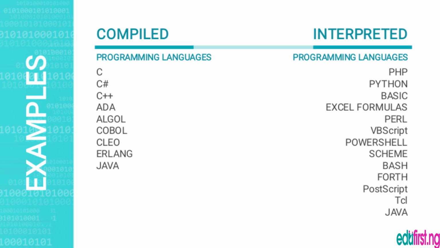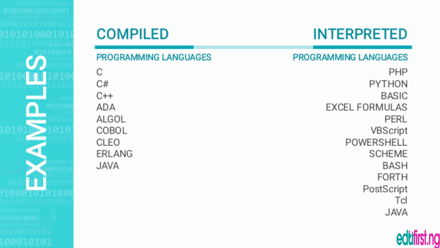While examples of interpreted programming languages include PHP, Python, BASIC, Excel formulas, Perl, Visual Basic Script, PowerShell, Scheme, Bash, Fortran,